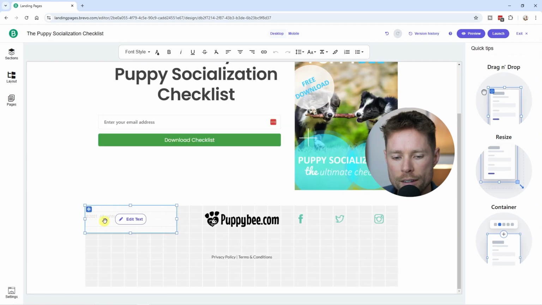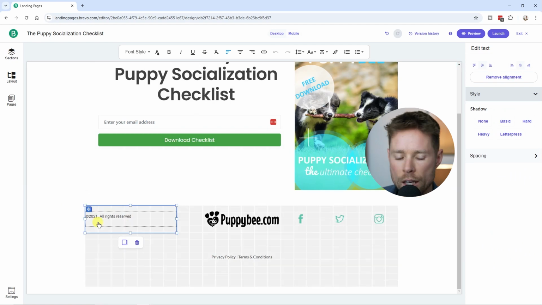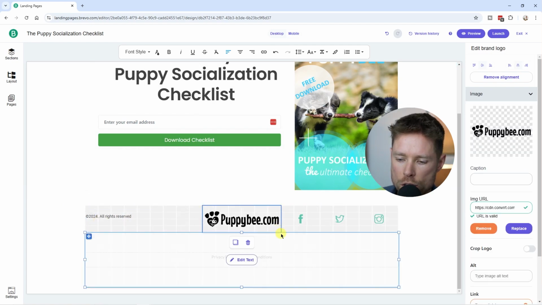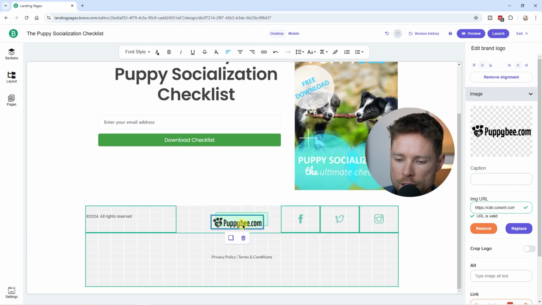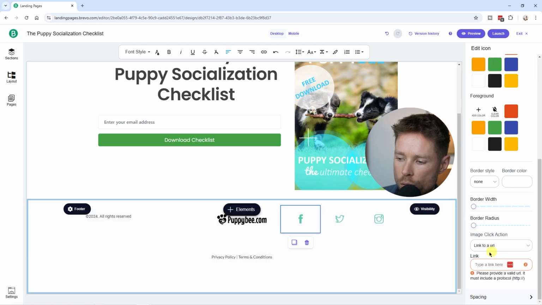So the first thing I'll do is edit the date over here. So I'm going to click on edit text, and I'm going to edit the date to the current year. Next, I'll make the logo a little bit smaller, so it's a little bit big, something like this. And then to add the correct links to your social media icons, you're going to click on it. And then over here, you can